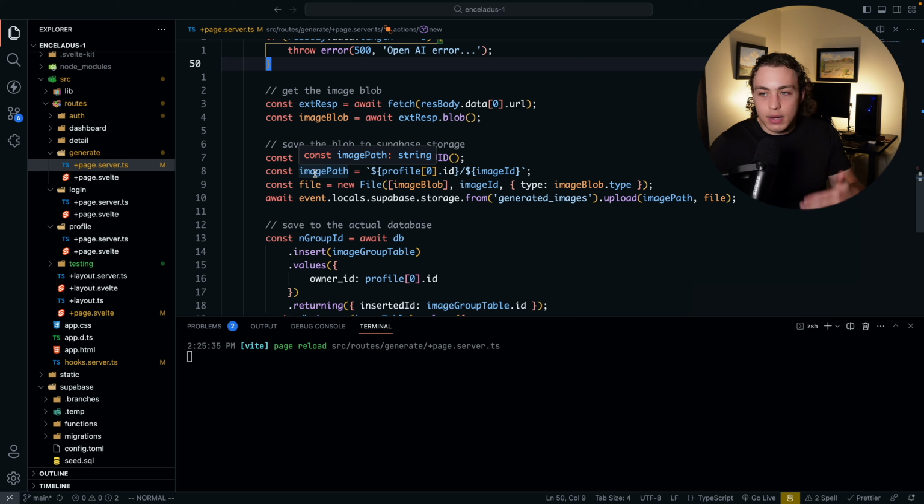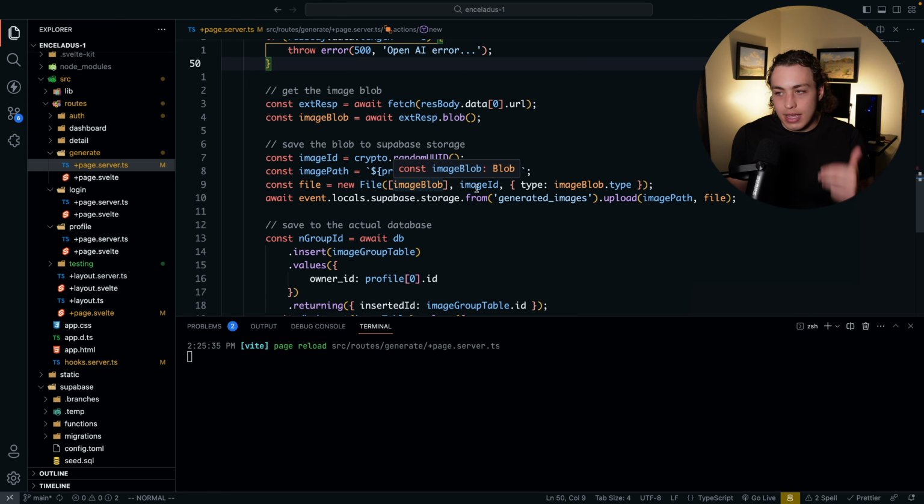Then we're going to go ahead and create the actual file. We're going to create a new JavaScript file object. So we pass in the image blob, the image ID, and then the type, so we just know what the file type of the image blob was. And then now, finally, after all that nonsense, we can save it to our database. We can go ahead,